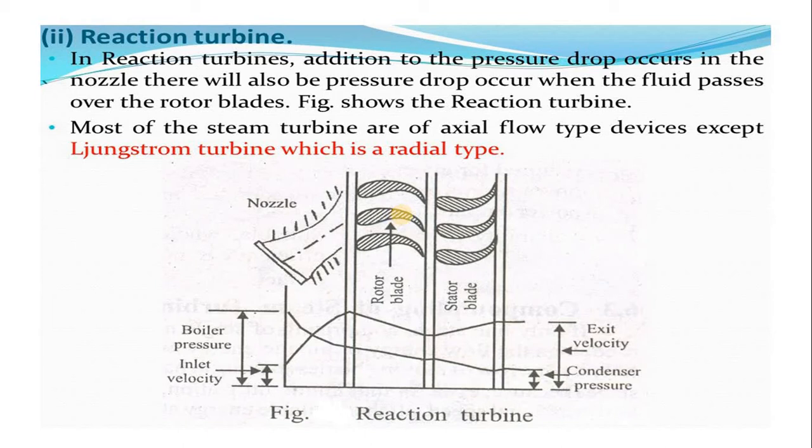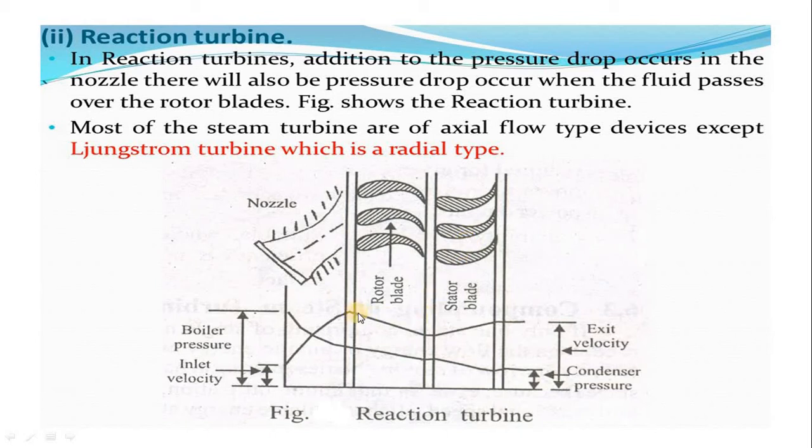in both the cases, in case of the moving as well as fixed blade. When that high velocity steam comes in contact with that moving blade, that is the rotor blade, part of the energy gets absorbed by that moving blade and it starts rotating. This moving blade, that is the rotor blade, is attached on the shaft of the turbine rotor, and the stator blade is attached to the casing. It is fixed, there is no movement.